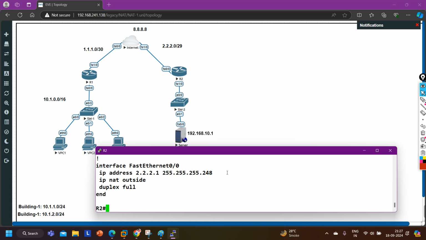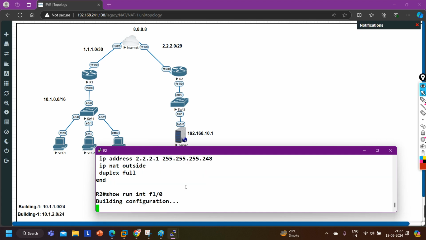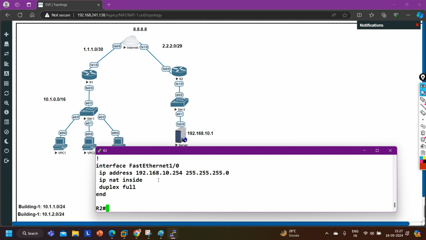Here is the output. I configured NAT inside on F1/0. One rule is for the general users and one is for the server, so that outside users can access my server.